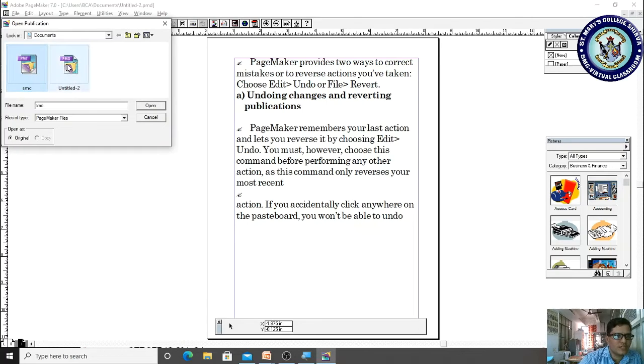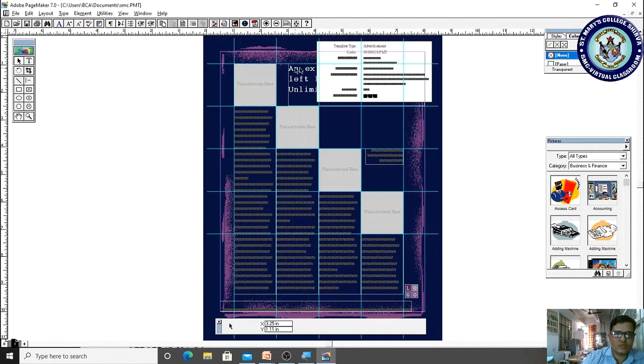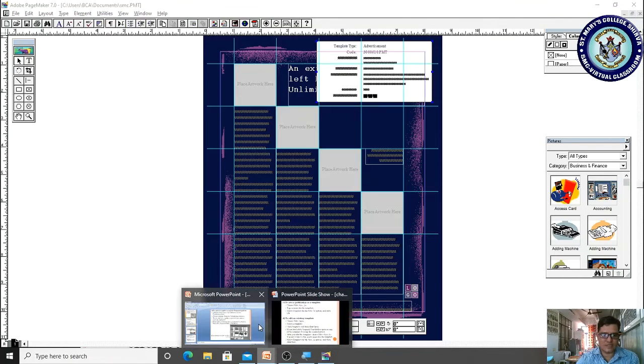Please observe, here it is showing as PMD, here it is showing as PMT. PMT always stands for PageMaker template, and PMD for PageMaker document. If I select this one, it shows original or copy. So let me open it as the original one. Sometimes with this facility, if you save any information, it will open a copy.